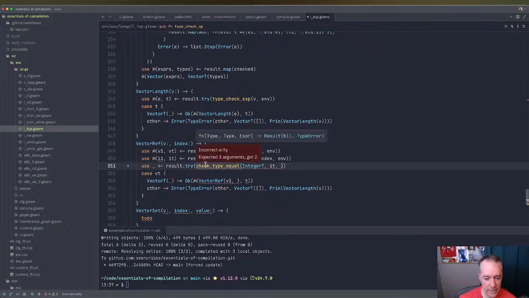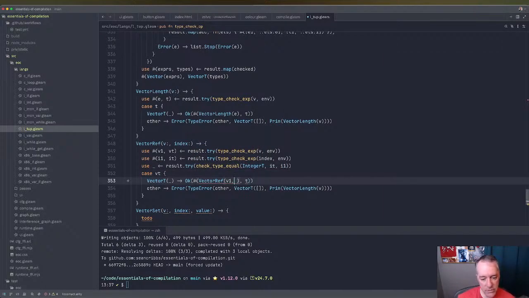Okay, so I1. Okay, so we'll say vector ref I1, and then the type here that we will be returning